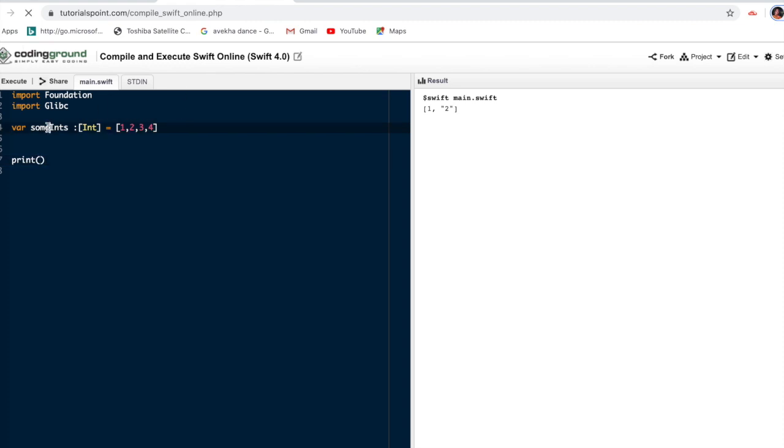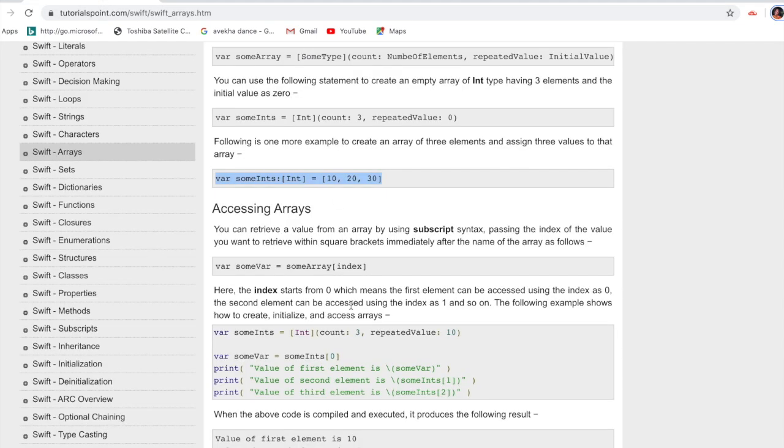I take this value and I need to get the first value, so this is 0. To get the first value we have to give 0. If I give 1, see what happened, it will give the output 2. So this is the meaning of array index, this is how we access arrays.